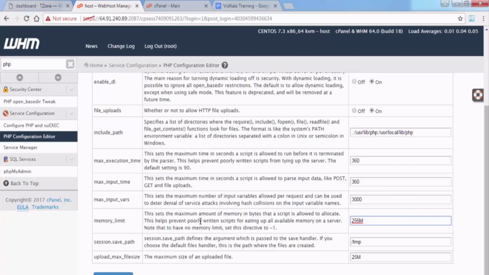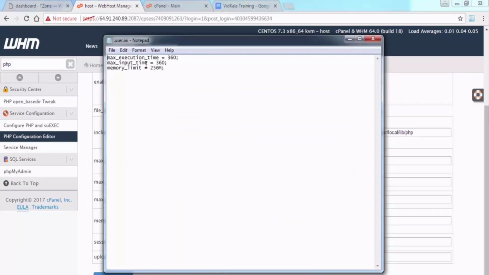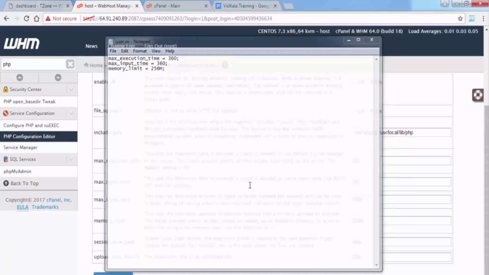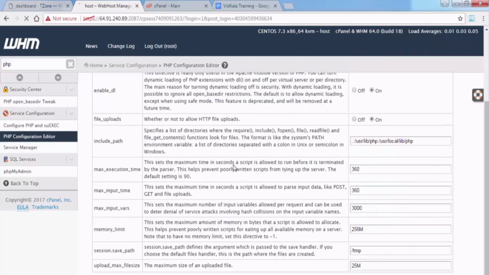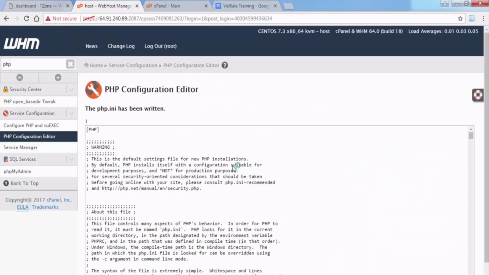Okay, so the 3 functions, I have listed them out over here. These 3 functions are the ones that you need to change. I've provided these 3 in the description alongside the video, so you don't need to worry about not remembering these. Okay, so hitting the save button after this, and that's it. My PHP configuration editor has changed the PHP limits, and for WHM panel, this is all I need to do. Coming to the next one,